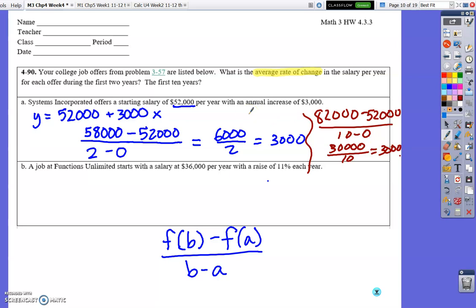For my other equation, it's a little bit more complicated because my equation was a much more complicated problem. So my equation for this one is y equals 3,600 times 1.11 raised to the x. And so, same idea where I'm going to plug in my two numbers. So when I plug in 2,